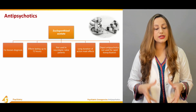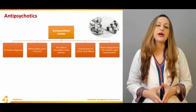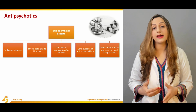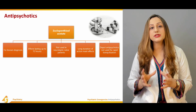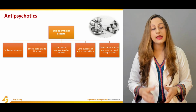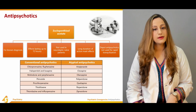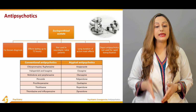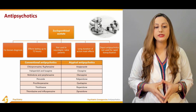So all of these characteristics for the separate drugs have to be kept in mind whenever we have patients with the withdrawal symptoms of the antipsychotics, or they are having the toxicity symptoms of a particular antipsychotic. The prescription has to be taken first of all, and we should know what are the drugs that the patient is on. The conventional antipsychotics, when they are compared to the atypical antipsychotics, basically include the